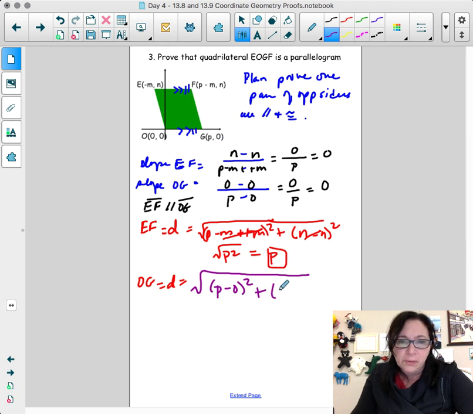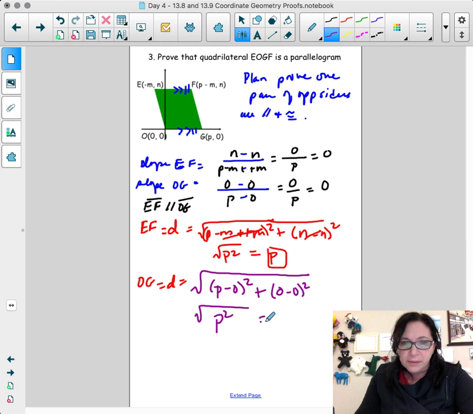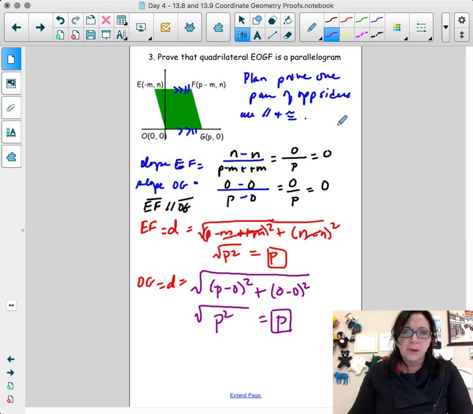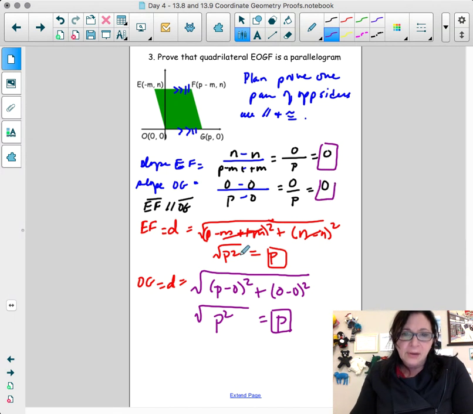0 minus 0, well, that's 0. 0 squared is 0. So what I have is P minus 0 is P, squared is P squared, and 0 squared is still 0. So the square root of P squared is P. So what I have now is both of my slopes are equal, and both of my lengths are